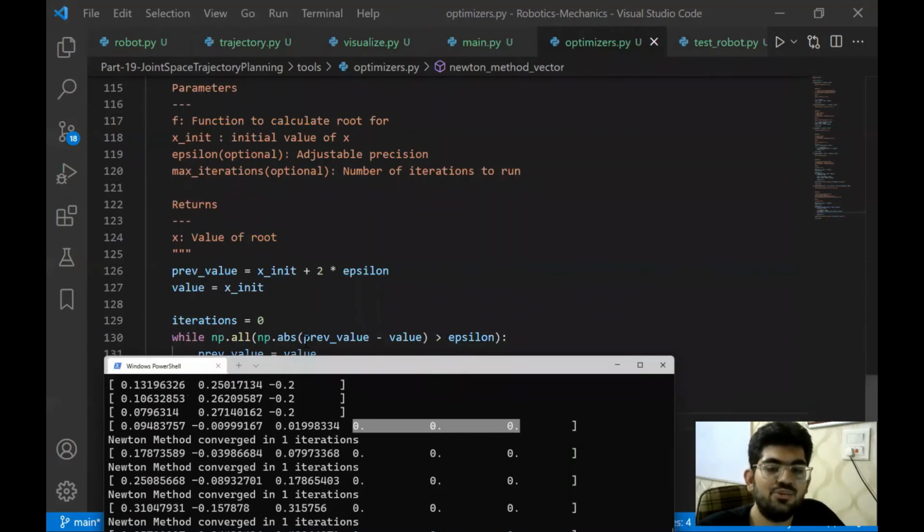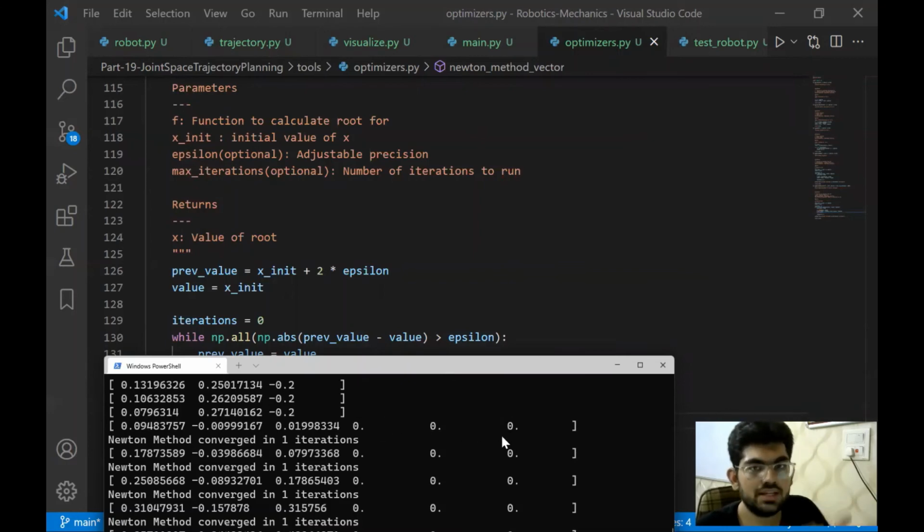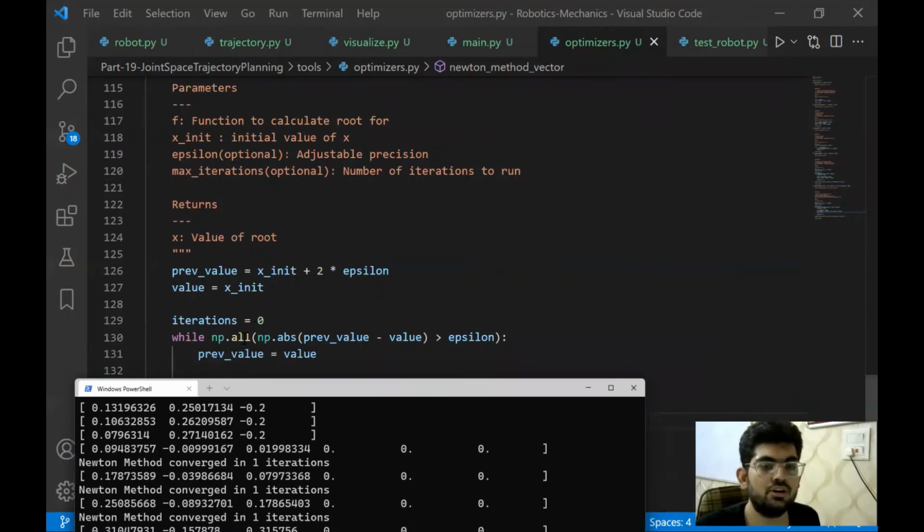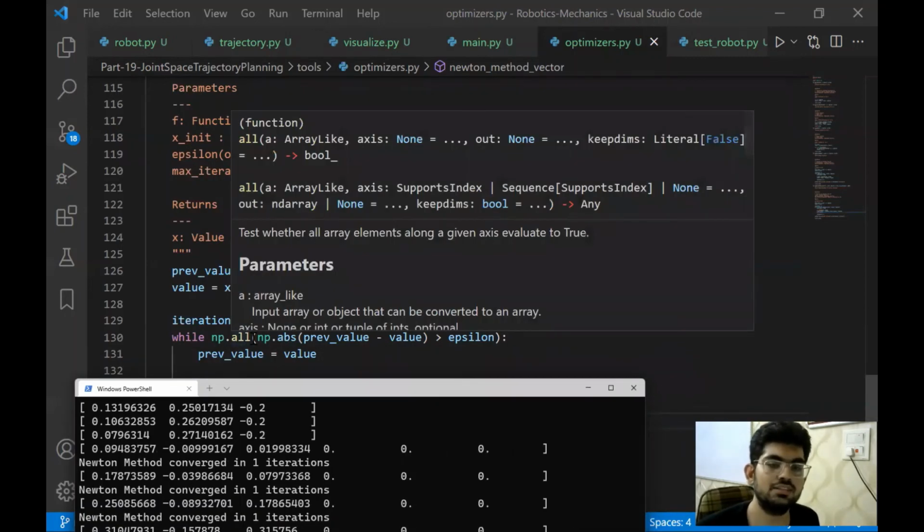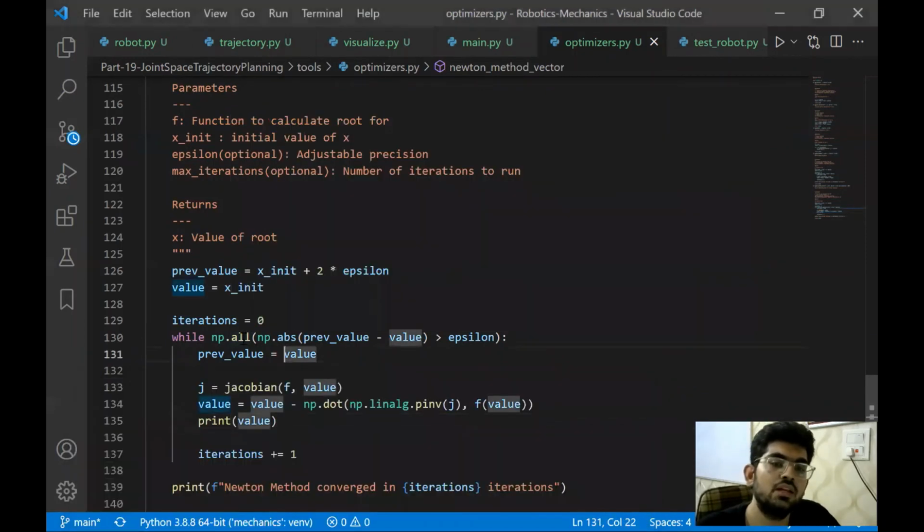These values are going to evaluate to false for the pref value minus value greater than epsilon check. Because of these 0 values, our complete loop is going to halt right there, because np.all will see a single false and evaluate the complete vector as false, therefore terminating the expression.